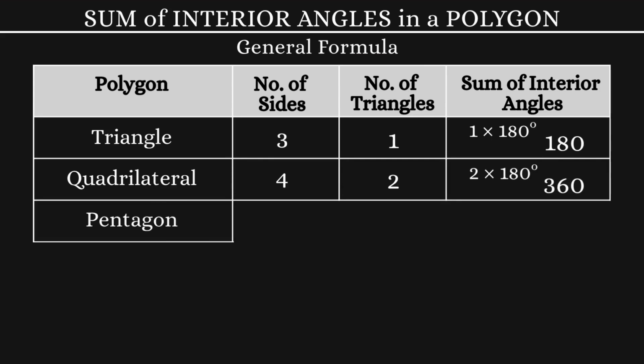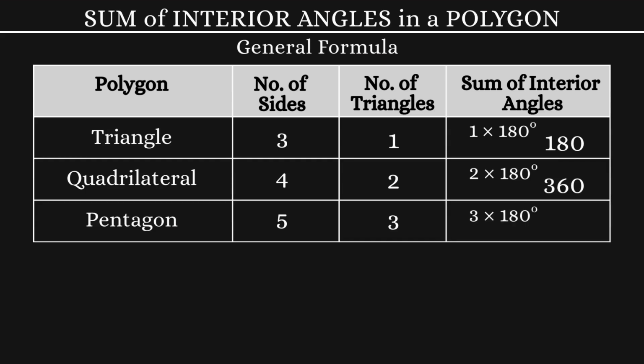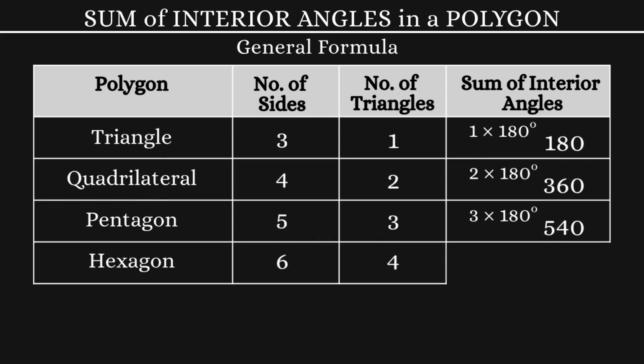In a pentagon, we have 5 sides, 3 triangles and the sum of angles is 3 into 180, which is 540 degrees. Next is a hexagon. It has 6 sides, 4 triangles can be formed and the sum of interior angles will be 4 into 180,